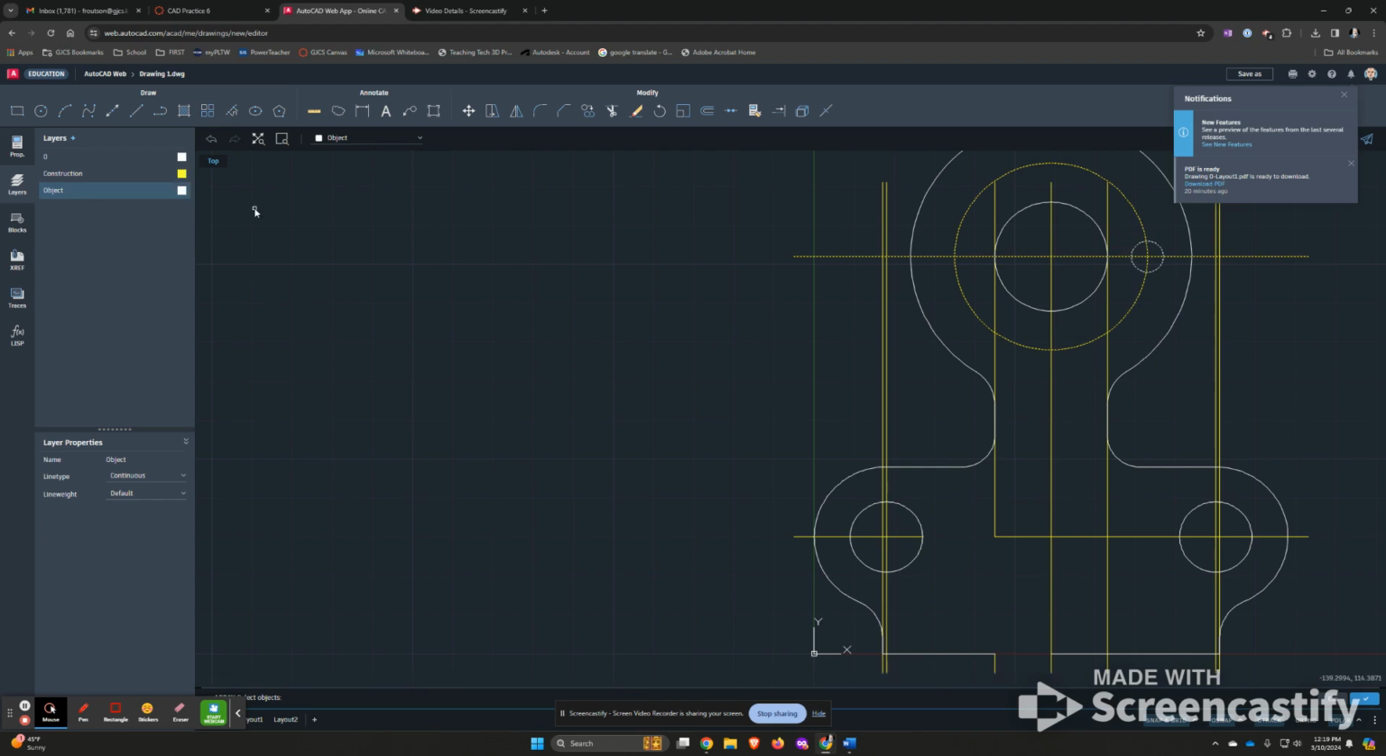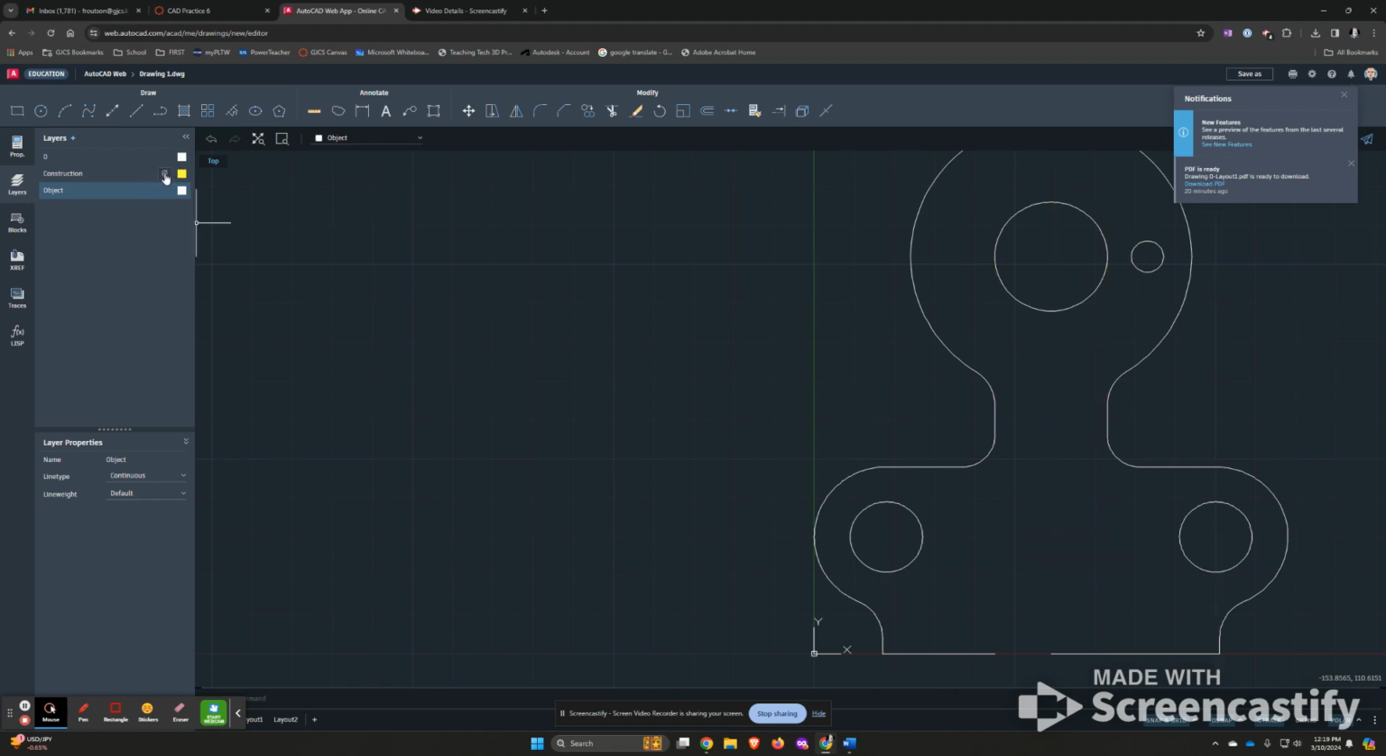Actually, I don't want to select all of that. So I'm going to come down here and click escape. I'm going to go over to construction lines. Over here on the left where it says construction, I'm going to click that to hide my construction lines. Now I'll go to array, select this circle,